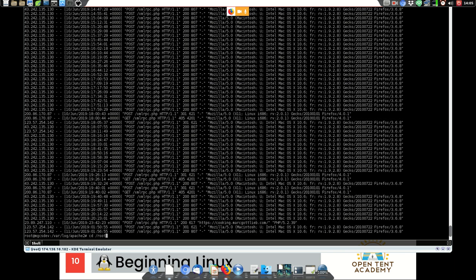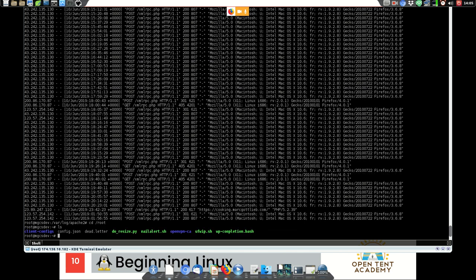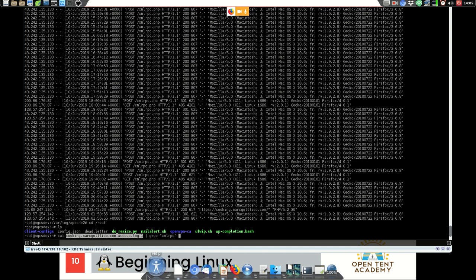We're going to go back to root, and we're going to run the script, giving it the log file. Actually, first we're going to give it this one because it's much shorter.